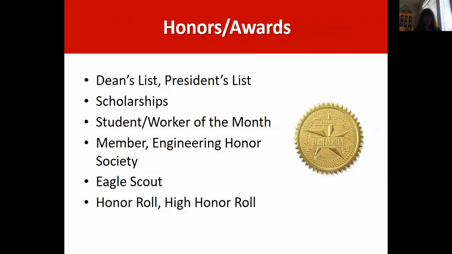Next would be honors and awards. So if you just have one, like Dean's List, like I said, that could go up higher under your education. But if not, maybe you earned scholarships, or you're in an honor society, or you were worker of the month or student of the month, or you were an Eagle Scout, or those of you just coming into Fresno State from high school, you might have had honor roll or high honor roll in high school. You can add these things